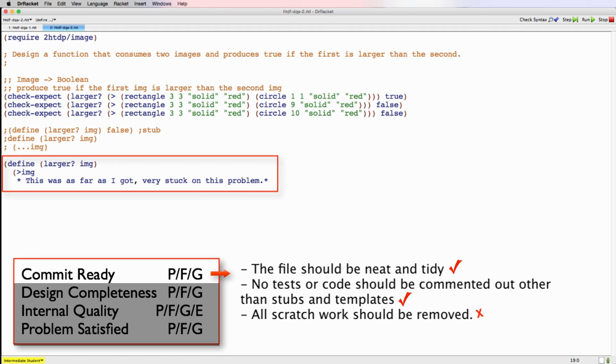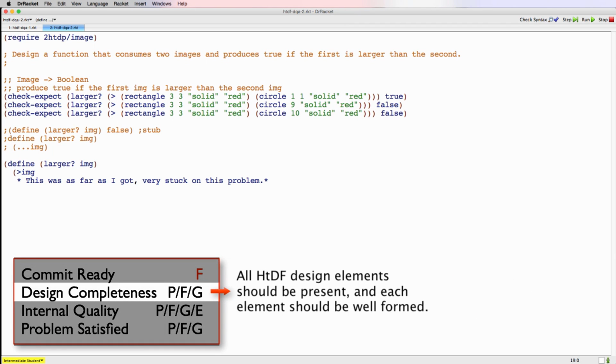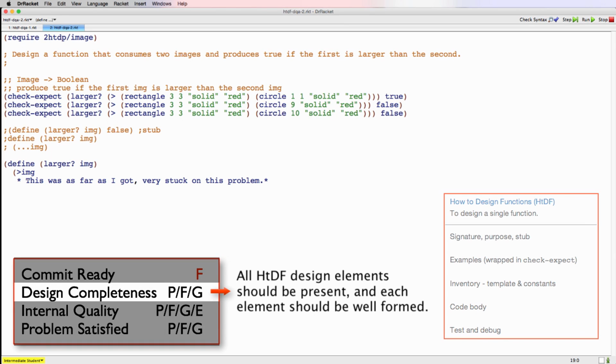So this is a very good start. As the person says they got stuck, we'll give it a fair on commit ready. So even though it isn't finished, it's getting points on commit ready. And you'll see as we go on that it will get more points. Let's talk about design completeness. We'll put up the HTDF elements. And here we go. There's the signature. There's the purpose, there's the check expects, there's a commented out stub, a commented out template, and a function definition,